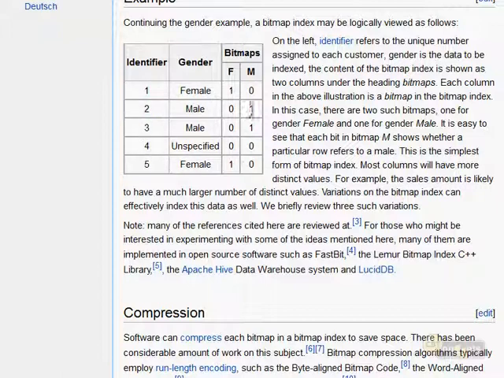So in this case, the bitmap for female is 1, 0, male is 0, 1, and unspecified is 0, 0. And again, the idea is Oracle can satisfy this kind of query really quickly using the bitmap index type. But I hope you see that if you have high cardinality, in other words, no repetition, you're going to have a different bitmap matrix for each row in that table. And you're not only not going to save any performance, but you very well may hit your server's performance negatively